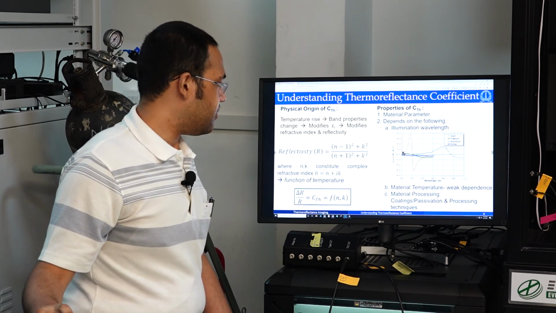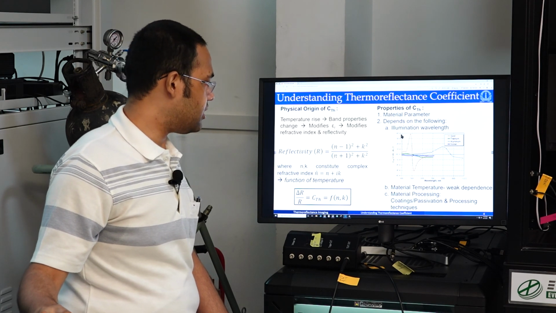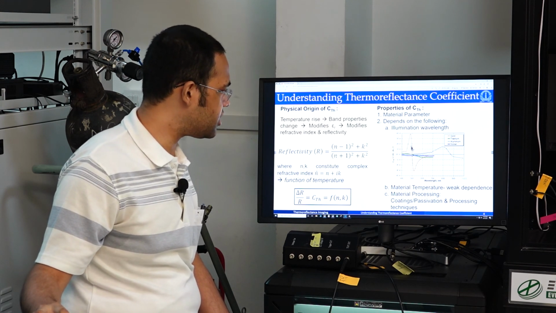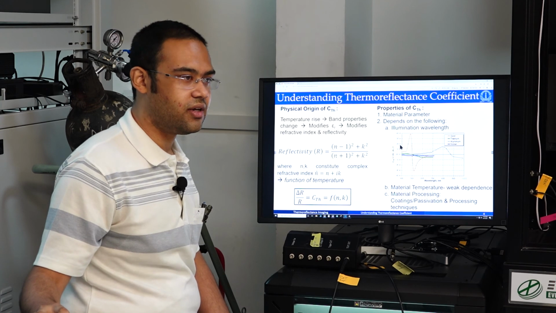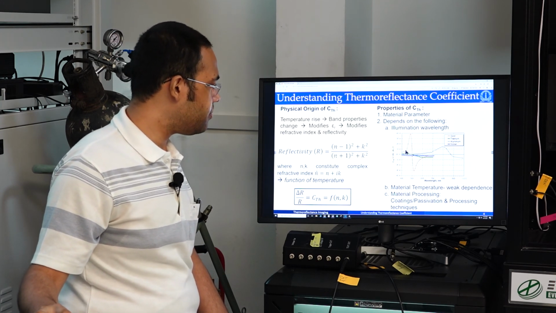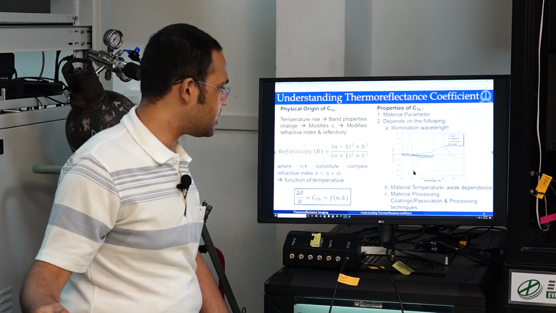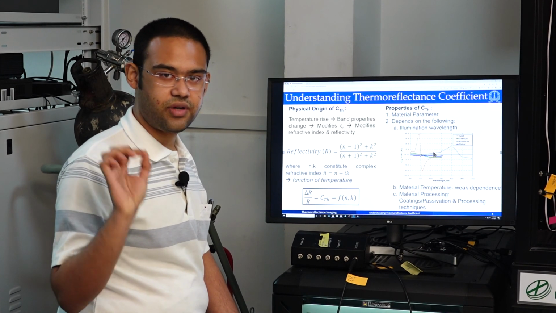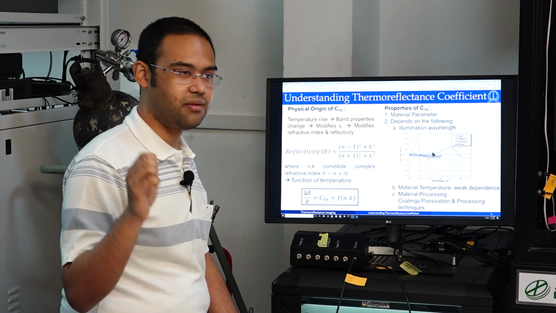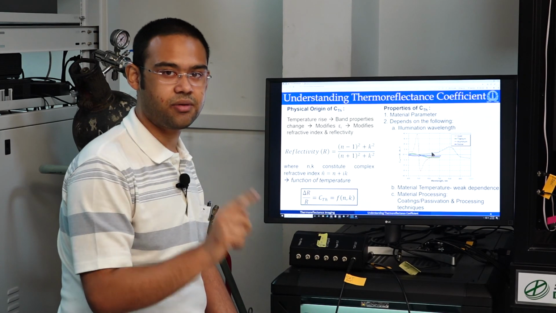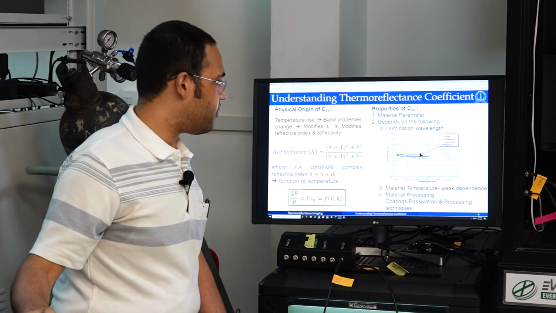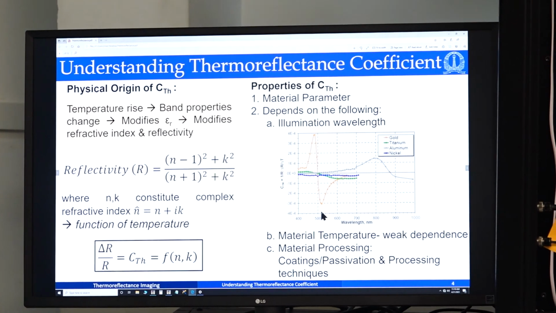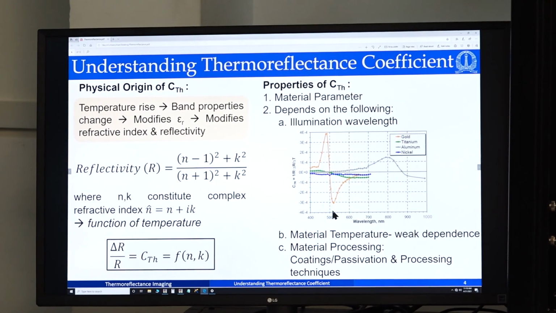So what is the dependence on wavelength? In this graph, you can see we have plotted thermoreflectance coefficient versus wavelength. This orangish yellow graph that you can see is for gold. The thermoreflectance coefficient for gold peaks at around 532 nanometers and at around 480 nanometers. So our job is to find out the wavelength at which my sample reflects the maximum amount of light, that is, my sample has the maximum thermoreflectance coefficient. So generally for gold, as you can see the peak here, we use 532 nanometers, that is a green LED, to capture temperature changes in gold.